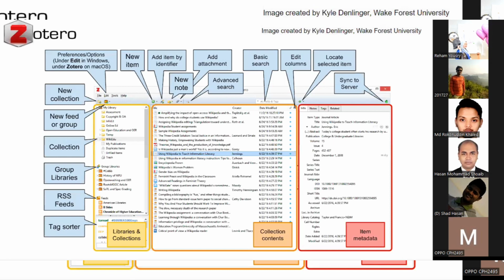When you open the Zotero window, this is how you will see the image. So this is explaining the whole feature that Zotero has. So if you have a Zotero window open on your desktop, let me explain it to you